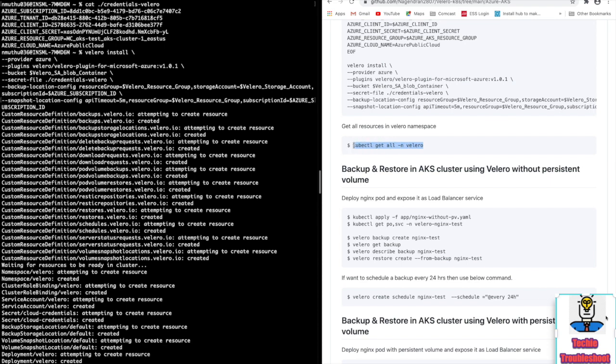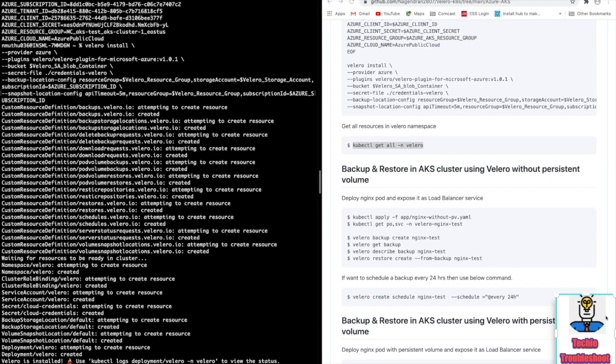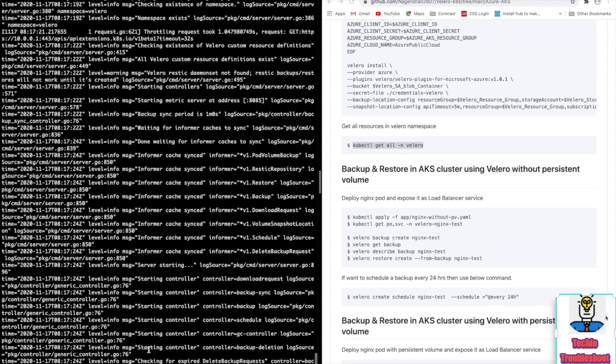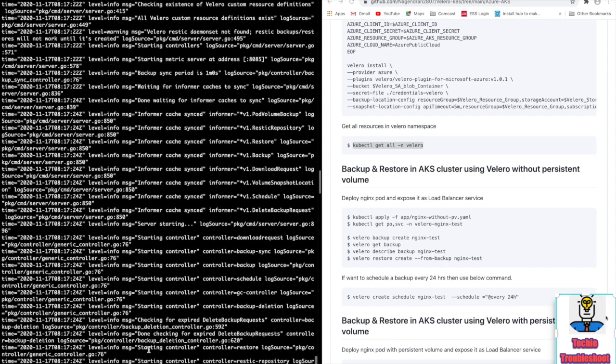Using this command, it will display all the resources under this namespace. So before going to check, we have to verify the logs. So logs are expected.